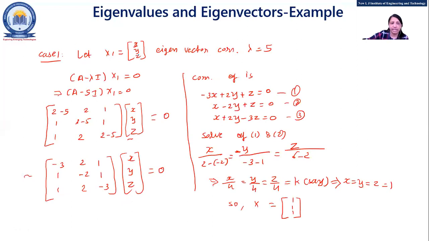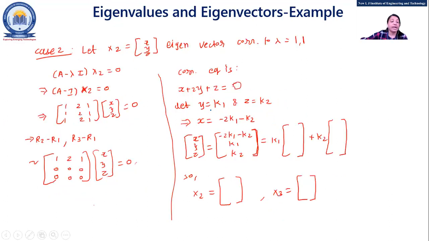This is simple. X1 is x, y, z when lambda is 5. Just A minus 5 lambda times x1 and solve that equation. Nothing else, right? And if you get 3 equations, using Cramer's rule you can solve it. That you know. Fine. Now we will see what happens if any repetition is there. So go for the equation and solve that. Now what you will have is one equation, that is x plus 2y plus z equal to 0. In that one you can see first row, second row and third row, so two rows are 0.